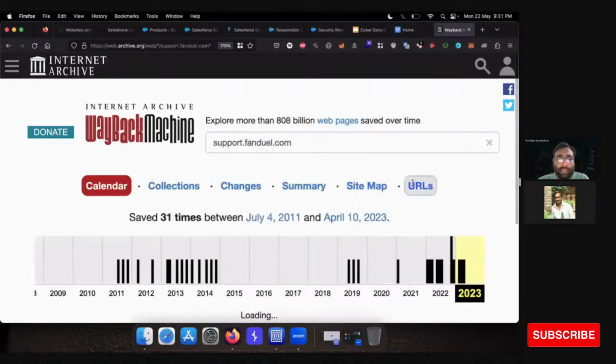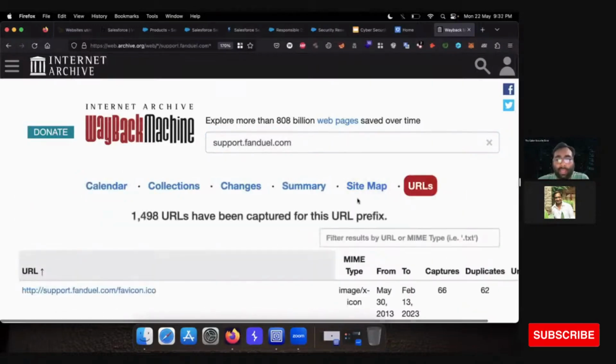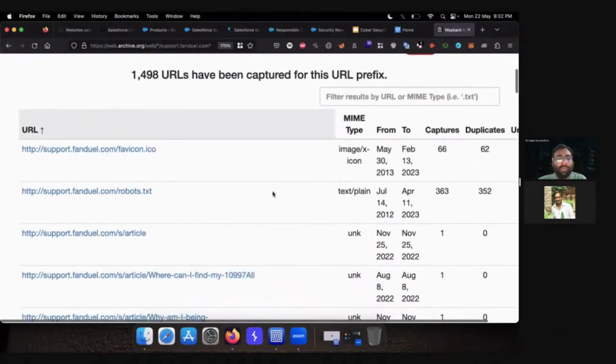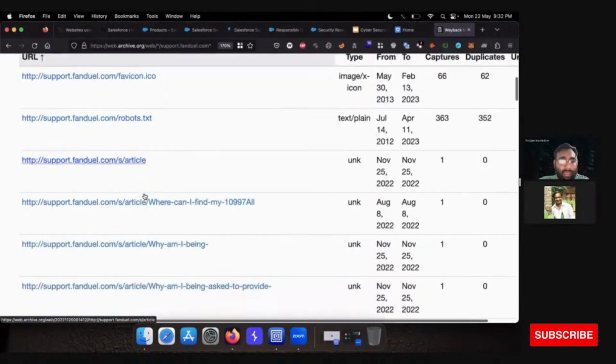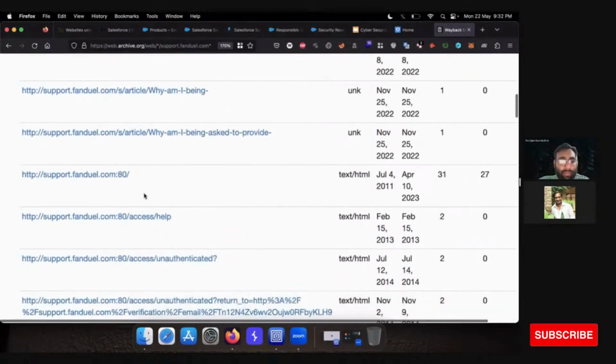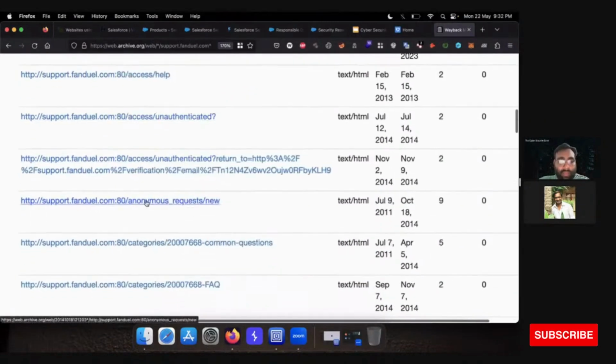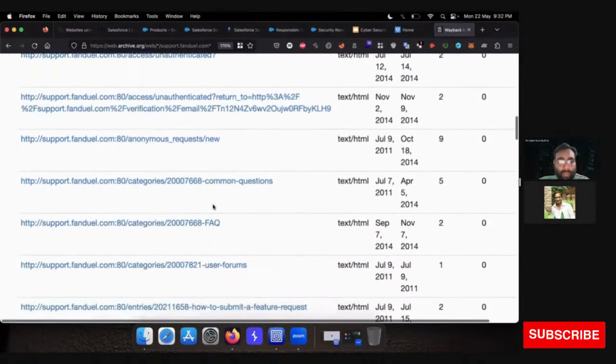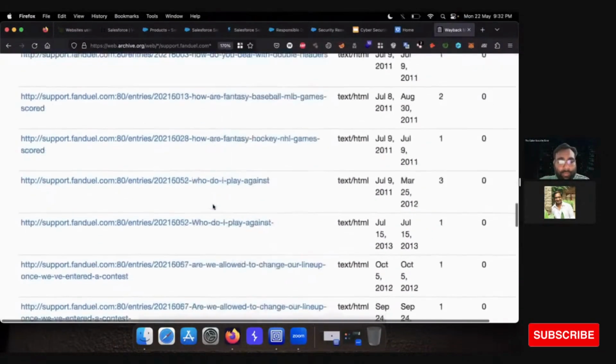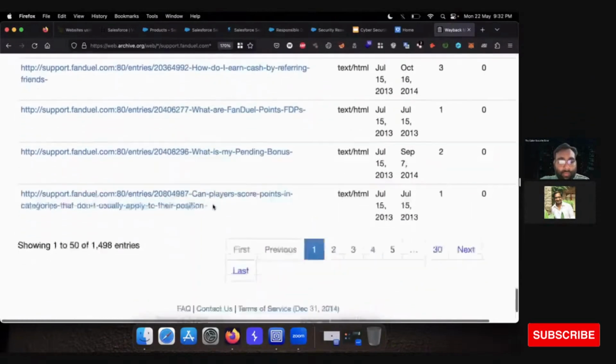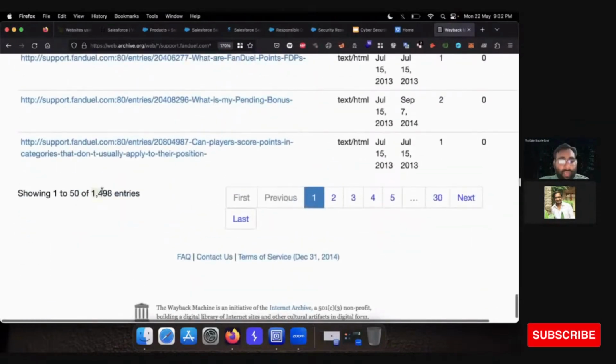Go to the URLs, and you see we have some links, like this website has a robots.txt file, and this website has this link, anonymous request new. This has 1498 entries.